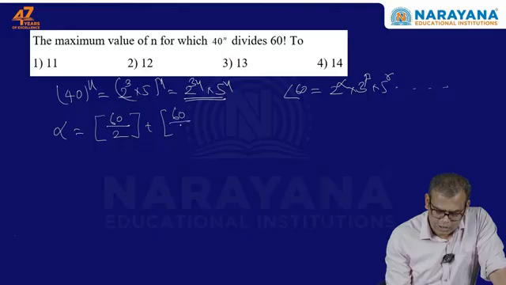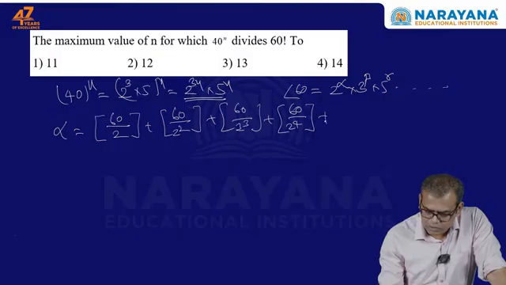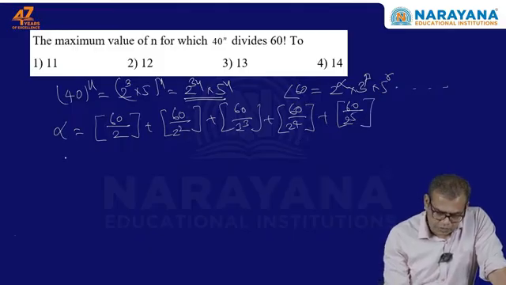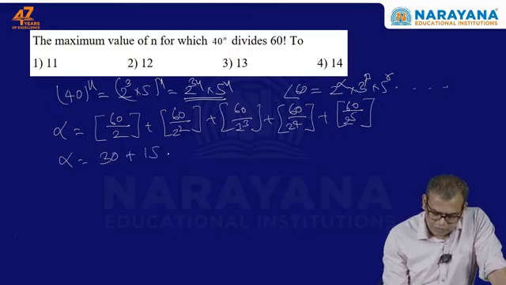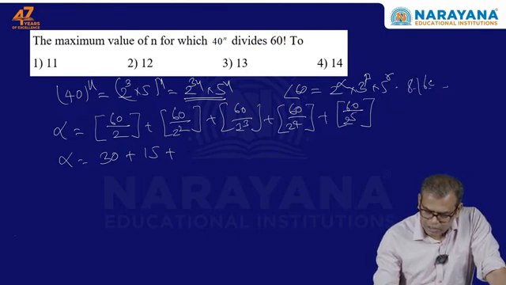Now take 60 by 2 square, 60 by 2 cube, and 60 by 2 to the power 4. 2 to the power 4 is 16, so 32 will come, and now 2 to the power 5 is greater than 60. So alpha here is 30, 4 is 15 will come, and here is 8, so 8, and here is the 60,